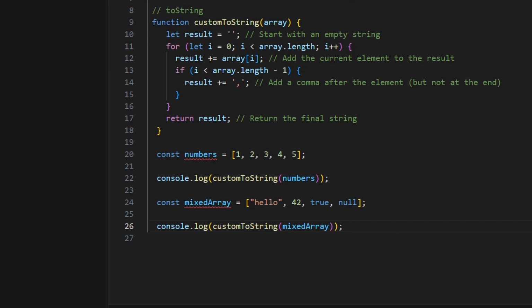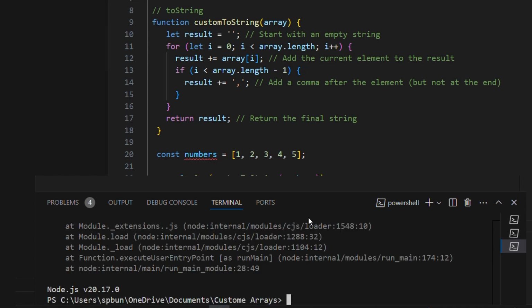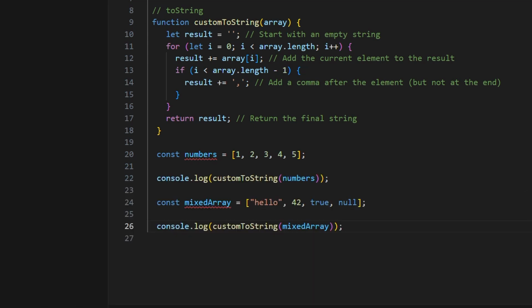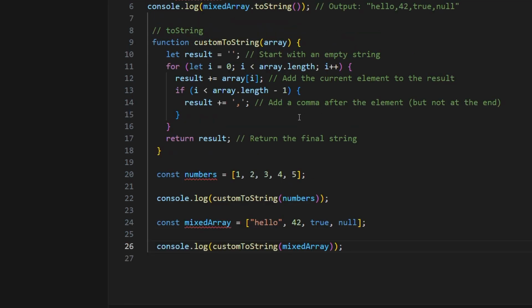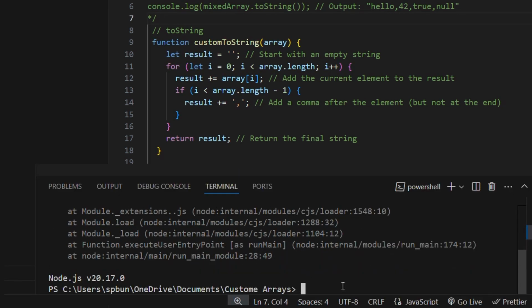I've not put what the output is because I want some suspense. What's going to happen? Boom. See, look, you never know. What have I done here? I don't actually know what I've... Oh, see, look, it's because I've got it. One moment. Let's comment this out. You never know what's going to happen. Right, let's do this again. Node